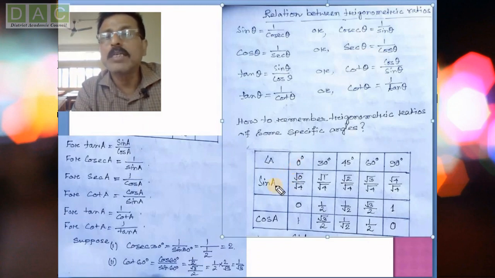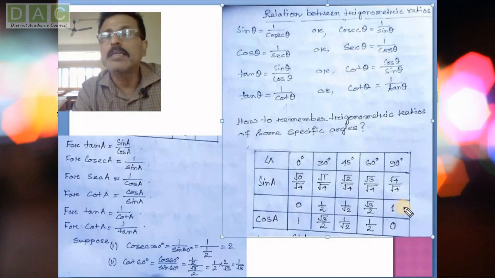Now see, how to find out sine 0 degree. Before this, first of all you just write like this: root over 0, root over 1, root over 2, root over 3 and root over 4, and divide all by root 4. So root 0 by root 4 is ultimately 0, and then root 1 by root 4 is ultimately 1 by 2. Then this also equals 1 by root 2. This also root 3 by root 4 is ultimately root 3 by 2, and if you cut it you'll get 1. These are the values of sine 0 degree, sine 30 degree, sine 45 degree, sine 60 degree and sine 90 degree.